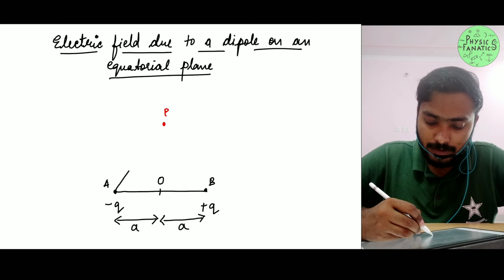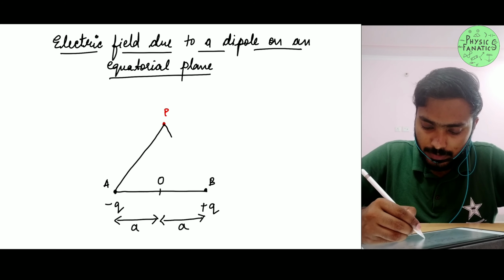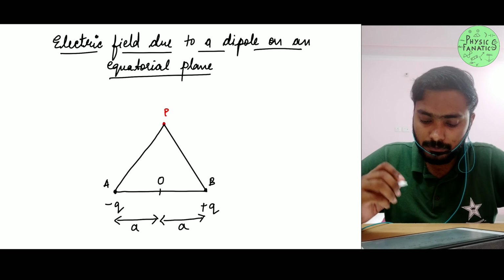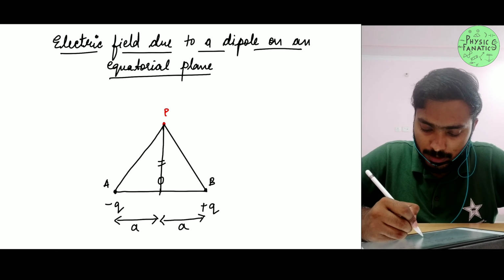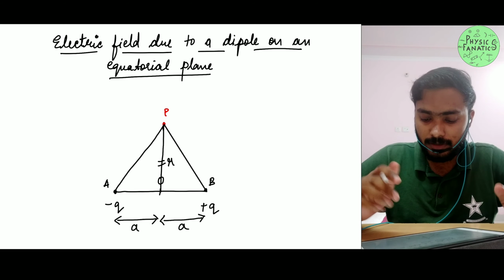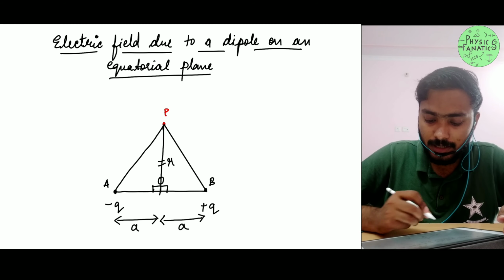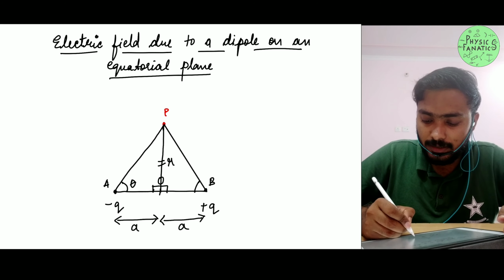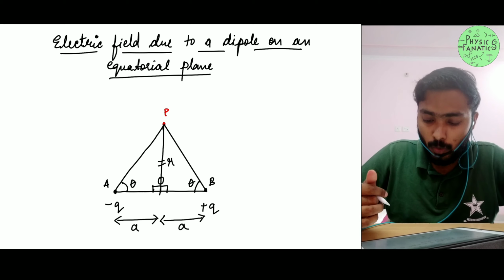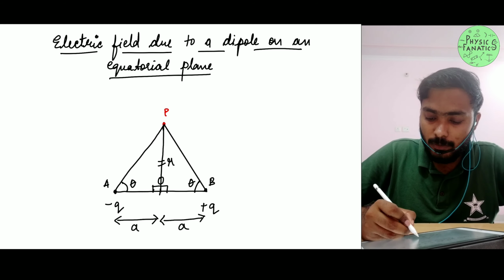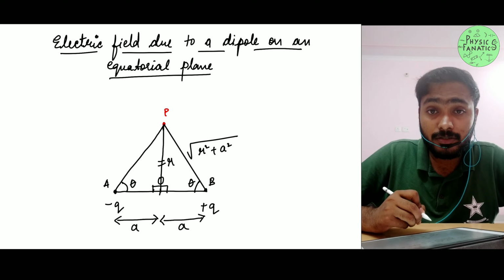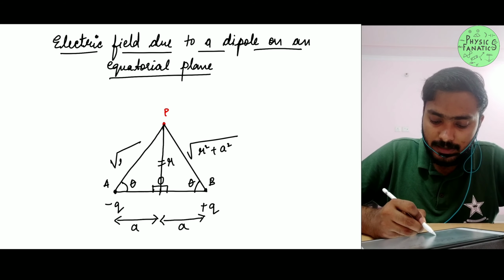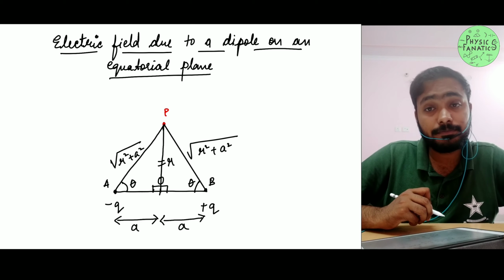So obviously I can connect these two, right? Let me connect these two. Alright, great. And let's say this distance is some r, right? I hope that's understandable, right? So this is 90 degree, this is 90 degree, right? I do not know this angle, let me call it theta. So this is also theta, right? Okay, great. So by Pythagoras I know PB side will be equal to root of r square plus a square by Pythagoras theorem, right? Very similarly, AP is again equal to root of r square plus a square, right?